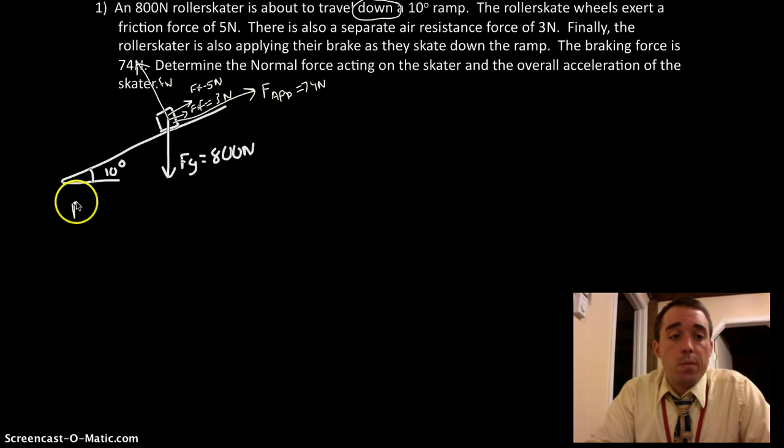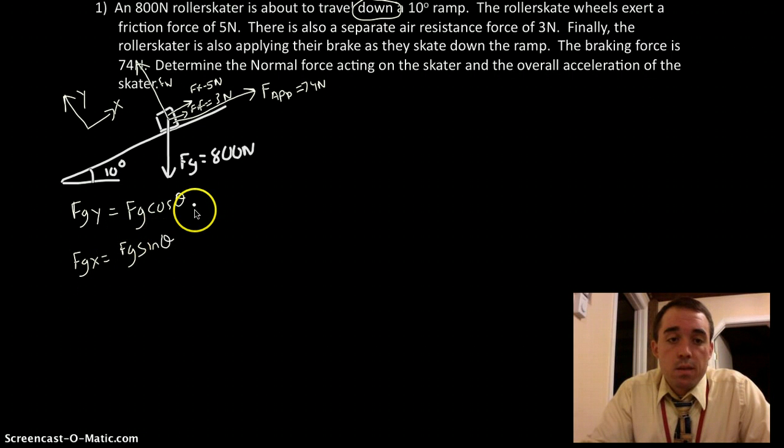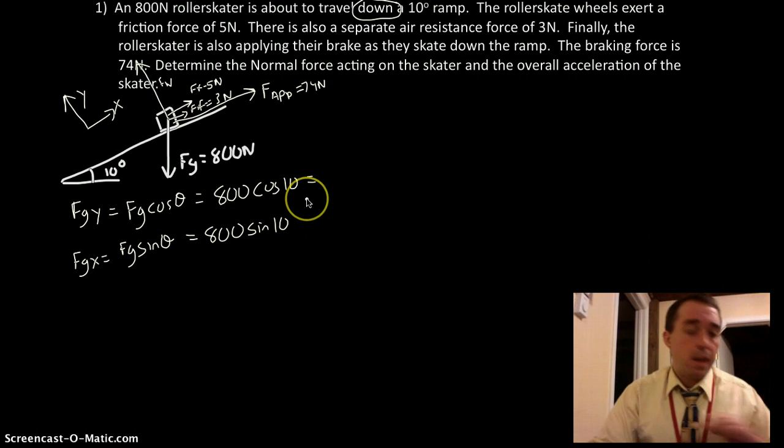So when we have ramps, we've got to break our FG force. Everything else, we want that to be our positive y. We want to rotate our coordinate axis. So we've got to find our FGY, and if you look in your notes, FGY is FG times cosine of the angle, and FGX is FG sine of the angle. So in our case, our FG is 800, so 800 cosine of 10 and 800 sine of 10 for those two. 800 cosine of 10